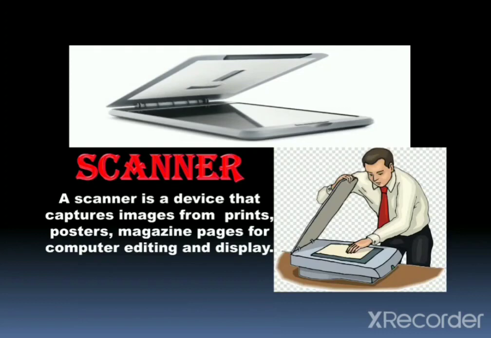When you go to do a photocopy of any sheet or any document, uncle puts that paper on the Xerox machine and presses the button, and a similar paper comes out from the machine. In the same way, you put your paper or sheet on the scanner. With the help of the scanner, the same paper will be saved inside your computer. Clear, children? Children, today I have explained to you about the input devices and also explained how these input devices work.